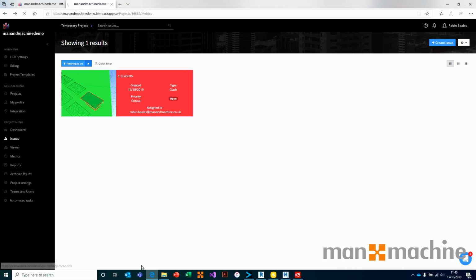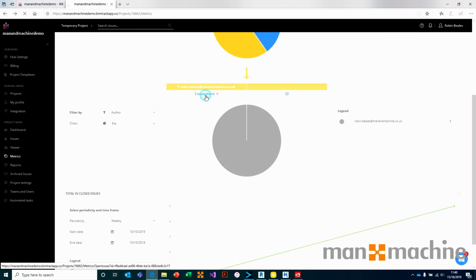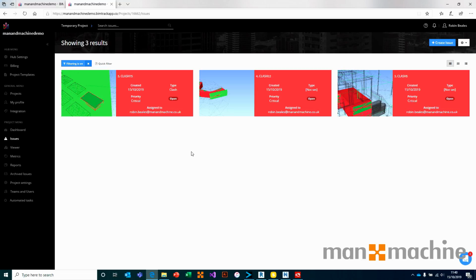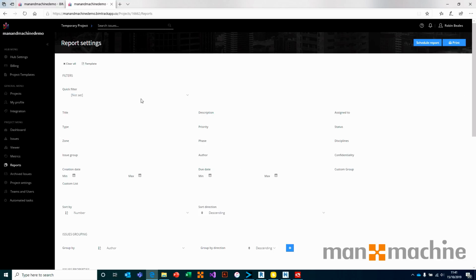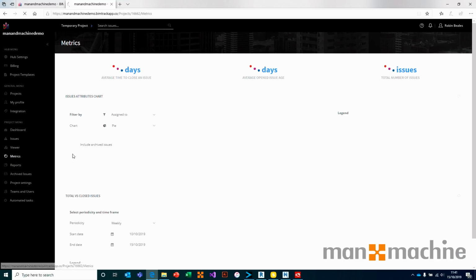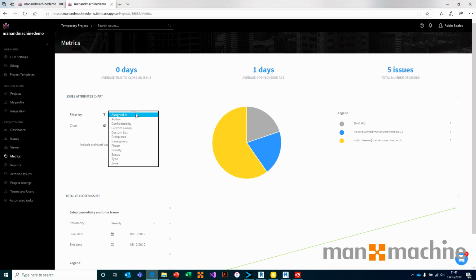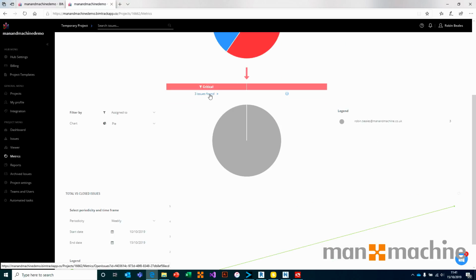If we go back, just to take us back to those metrics, it doesn't matter how many you've got in the group, it will filter your view to show them. You'll also notice that next to those on your metrics, you also have a little button that looks like a printer. So if we say, let's grab priority, let's grab the critical issues, and rather than look at them,